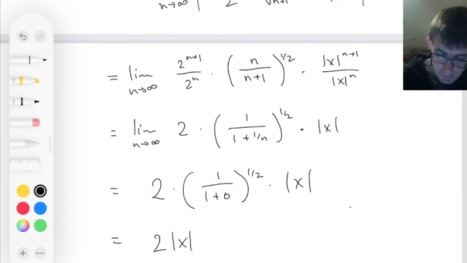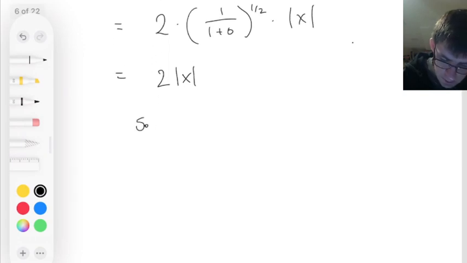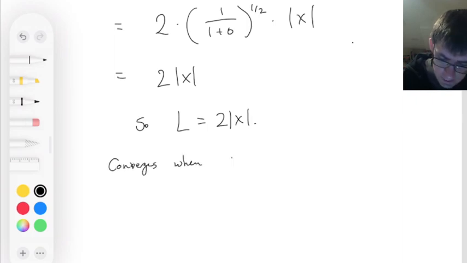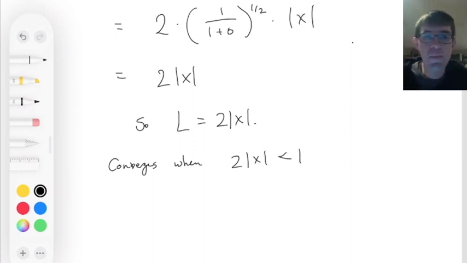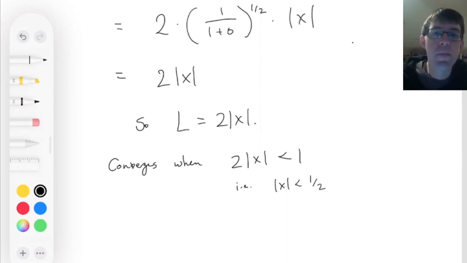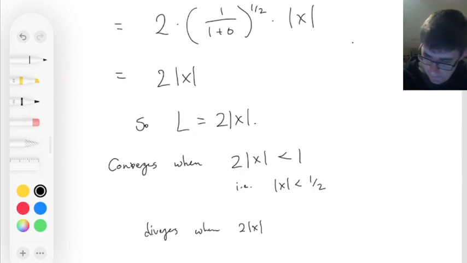Okay, so when I did the ratio test, L is 2 absolute value x, and I say it converges when L is less than 1, right? Converges when L is less than 1. And then this you can solve for absolute value x, i.e. absolute value x less than 1/2. And this is where the radius of convergence comes from. Anyway, diverges,